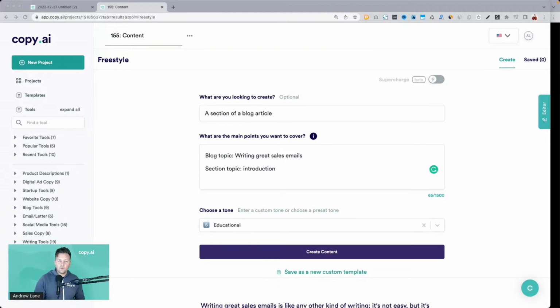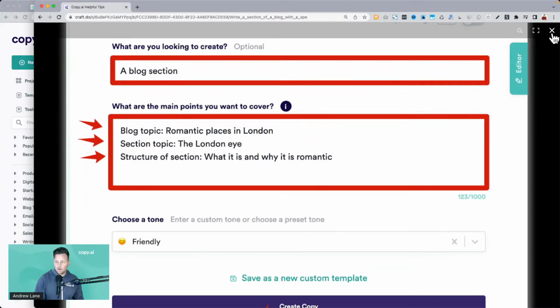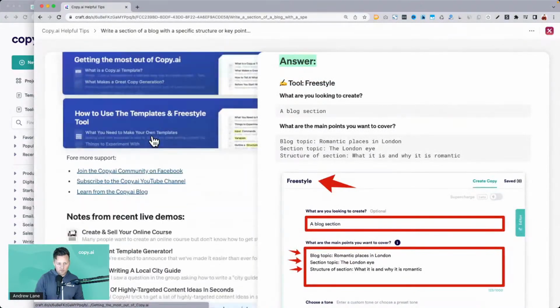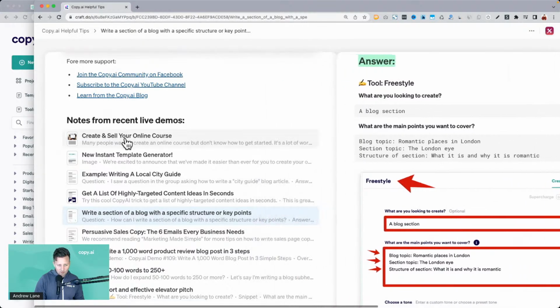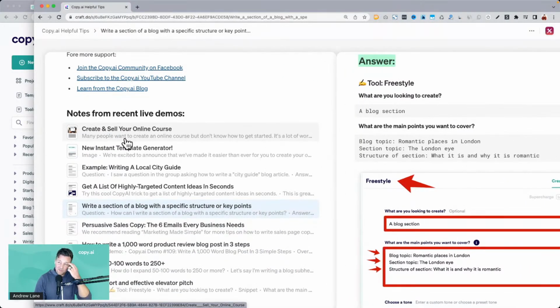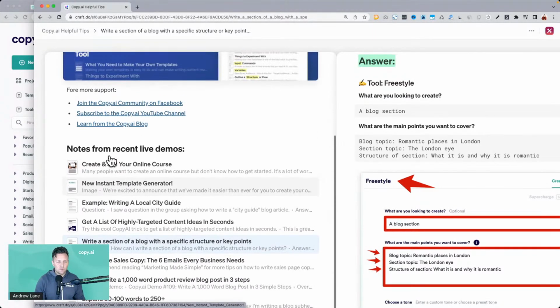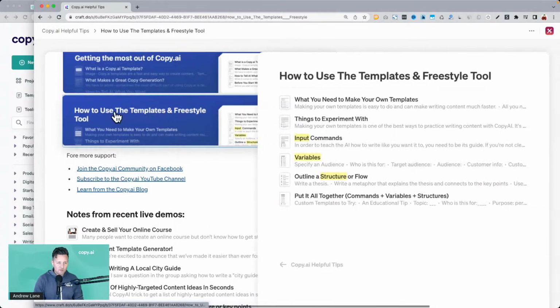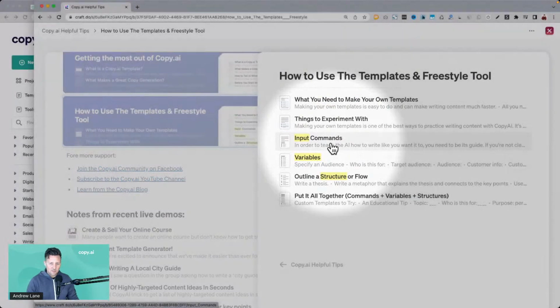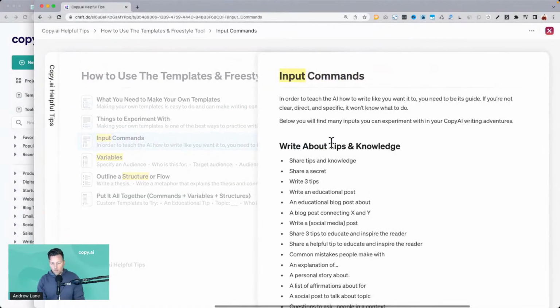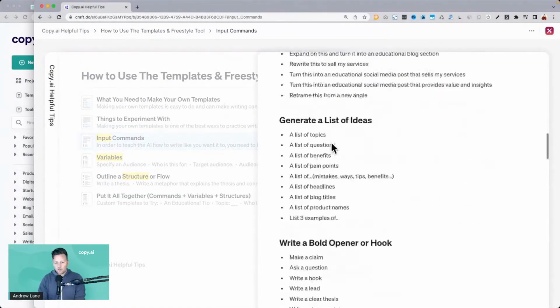Storytelling could be useful. If we look here at this list of input ideas, let's see here. Maybe more benefit driven, like why they would want to buy your product, the ultimate benefits. It may be able to describe some of that. That's not pushing the boundaries. So right here, how to use the templates and freestyle tool. If we look at the input commands here, let me see what might come up. If we do some